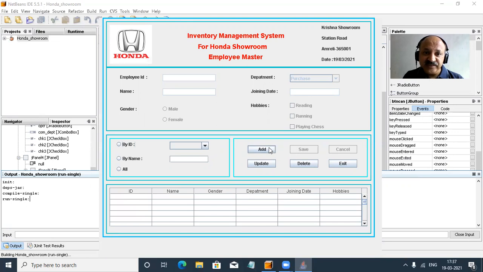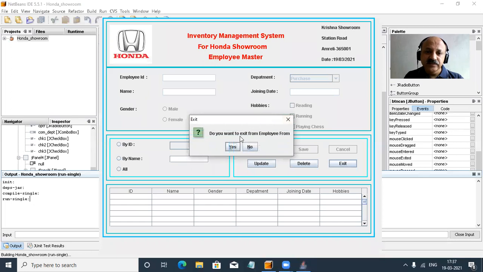So yes, first I press the add button. You can look, now perfect. And now I take cancel. So as previously, all controls are disabled: first clear, then disable. When you run your form, that type of situation is what we apply to the cancel button. So you can look here, all are disabled, first cleared and then disabled, and flag is 0. So no chance to save, and save and cancel are also disabled. So again, you can press the add button or update. That is perfect.